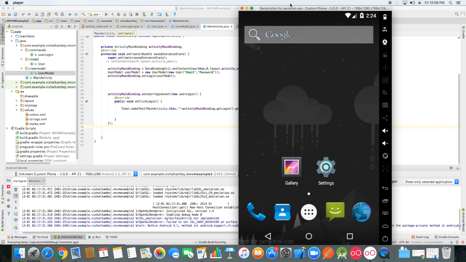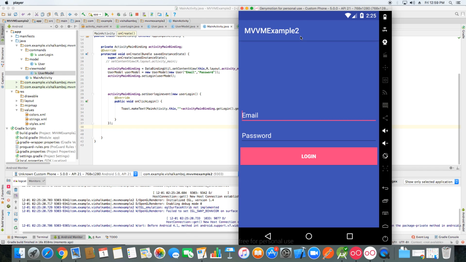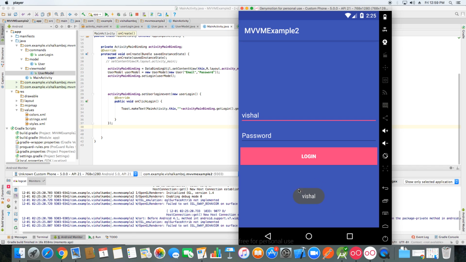I think for every big project we need a base clear. So this is the base of binding with the Mvvm approach. If everything is fine, then it works fine. Okay, so if I put it the Vishal, and this event, you can see this is a